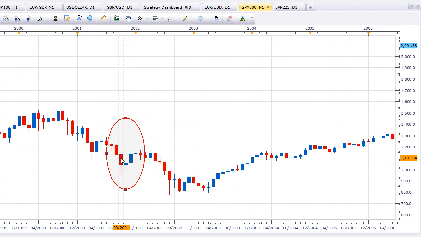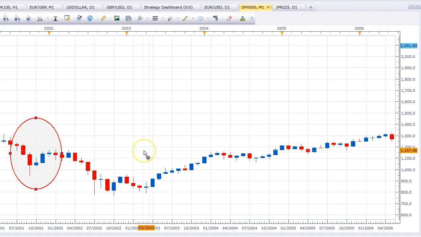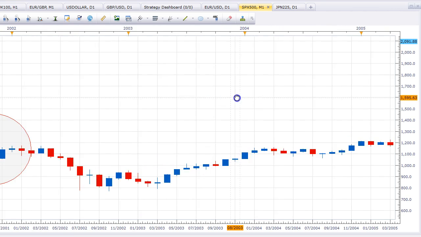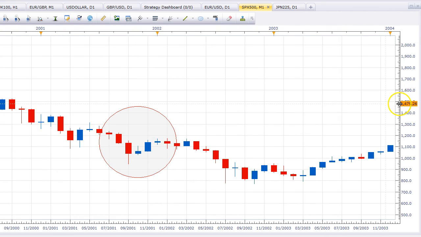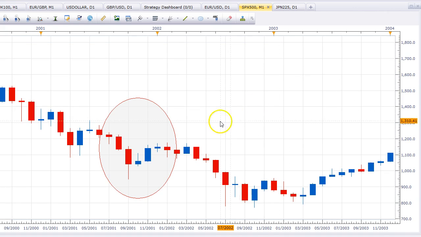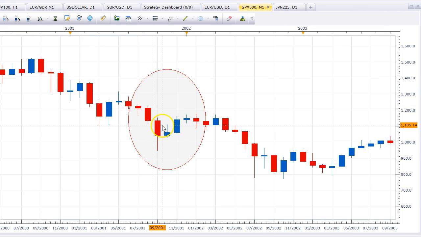So what we're going to do now is zoom in a little bit more so you can see, okay. And then I'm going to stretch a little bit so you can see it's quite a big candle. And if you're not sure about equities pips, we're going to just measure it. So this is for high to low, okay, and it's about 2050 pips. And if you don't want to do that, just click on the actual candle and you can see high to low, okay? So it's about 2000 and more pips.